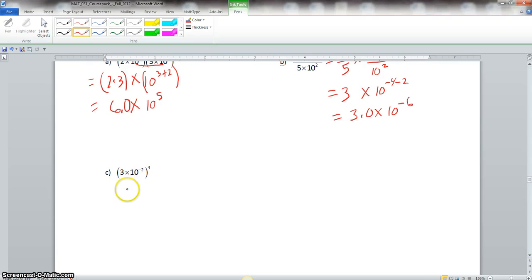Now here we would take 3 to the 4th power times 10 to the negative 2 times 4. 3 to the 4th power is 81, and this would be times 10 to the negative 8. Now remember, we must have only one digit in front of the decimal here. So we have one digit here, we have our decimal here, so we have to move this to the left one place. And that will give us 8.1 times 10 to the negative 8 plus 1. Because remember, when we move it to the left, we add that amount of places. So it'll be